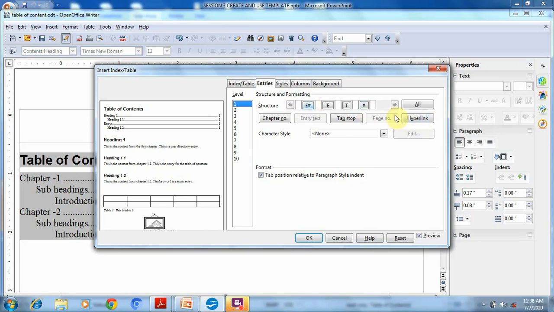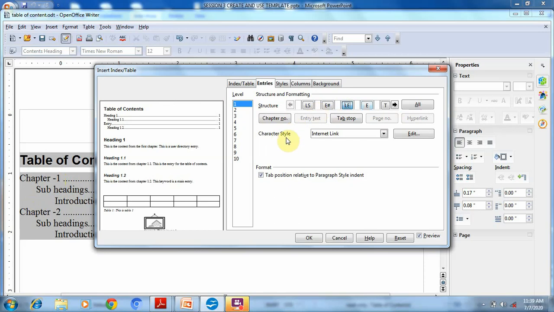For example, I am selecting this, then LS means the start of the hyperlink, then I am selecting here, then select hyperlink, then this LE represents the end of the hyperlink. It means we can also insert a hyperlink in our table of contents. If I want my chapter 1 to be used as a hyperlink, when we press on chapter 1, then this chapter 1 page will automatically appear. We can use this with the help of this hyperlink option.